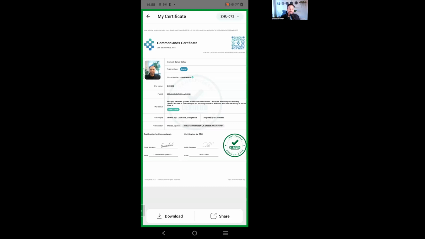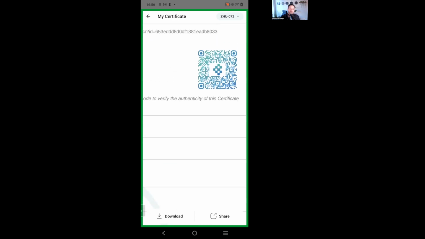The other thing I could do, since this is a PDF document, is I could just print this out and actually hold it on a piece of paper and carry it with me wherever I go, or put it in a safe place. And then whenever someone requests it, I can just give them that piece of paper. So for people that have no access to technology, which I haven't seen yet, but just in case they prefer paper, they can even do that, because all that matters here is that whoever you share this document with has a clear view of this QR code, because this QR code is how we verify the document.